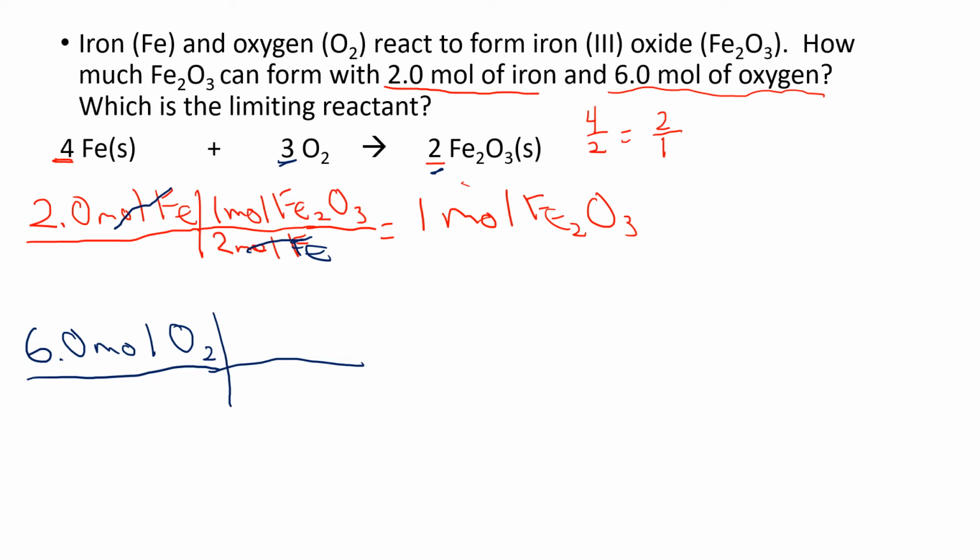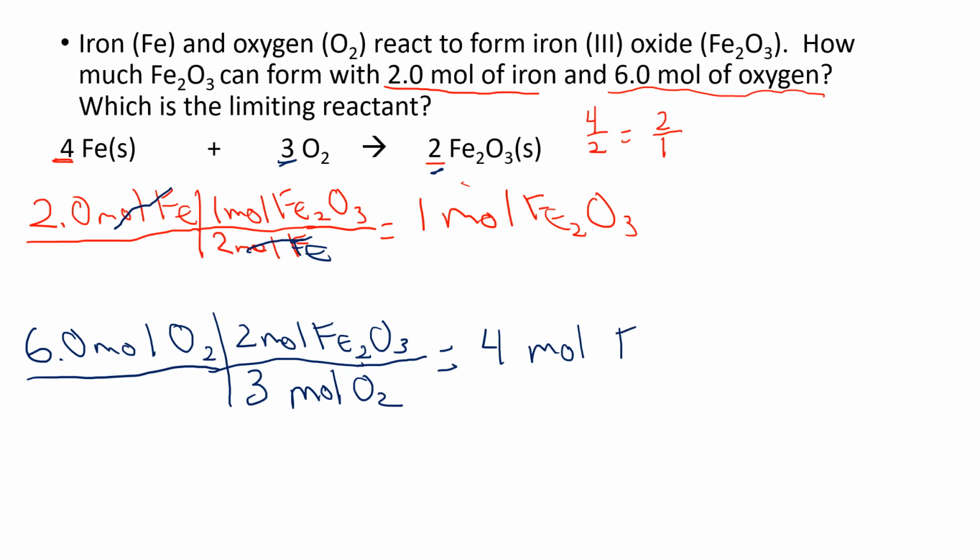So for this, since we have a 3 to 2 ratio, I'm going to put my moles of oxygen on the bottom, and there are 3 moles of oxygen for every 2 moles of iron 3 oxide. And I can go through and multiply this fairly quickly. 2 times 6 gives me 12, divided by 3 gives me 4 moles of